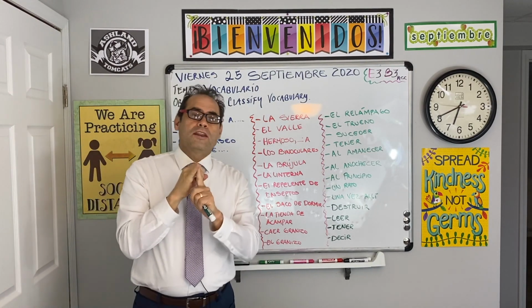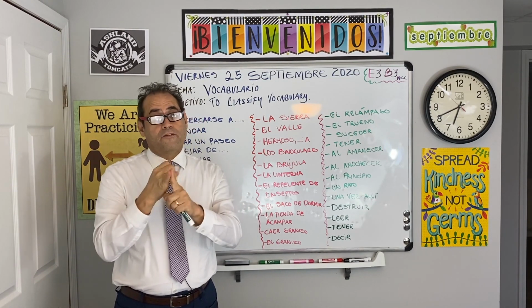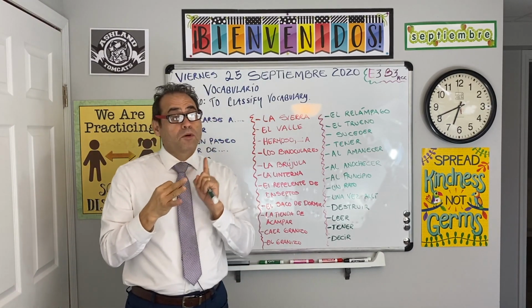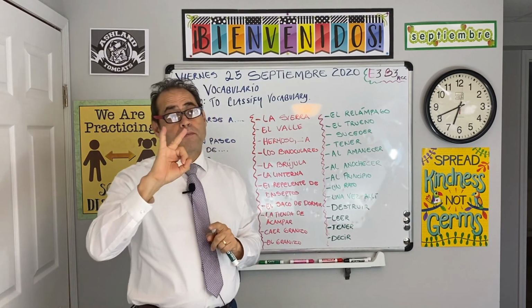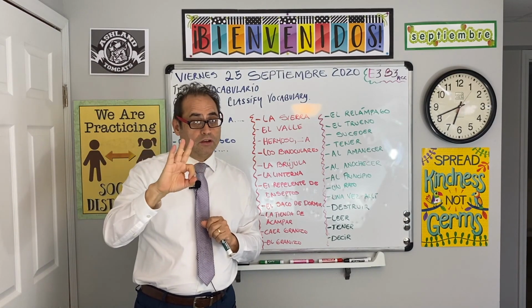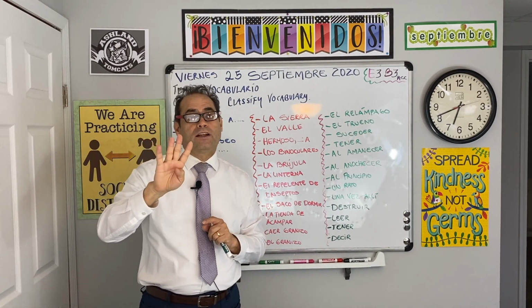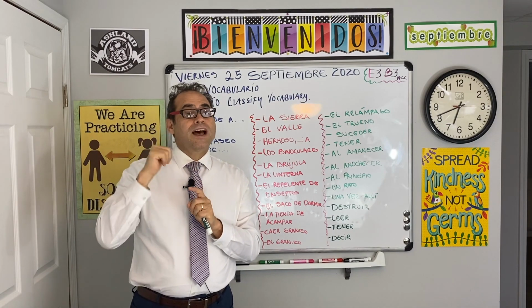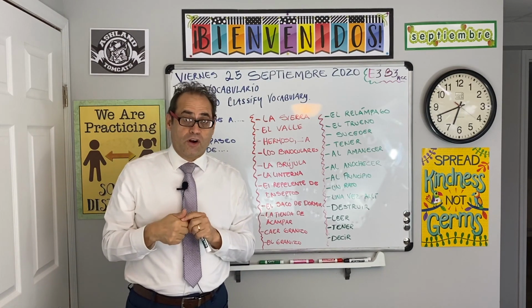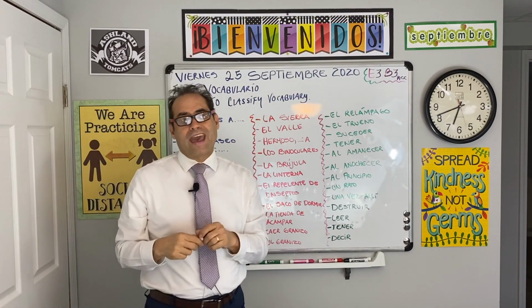First of all, you need to know the meaning, the definition of the word or the expression you are working on or you are learning. Definition. Second, you need to know the part of speech. If it is a noun, an adverb, an adjective, that is the part of speech. Third, you need to look for the synonym or the antonym of the word. Then we go to a meaningful sentence. You have to write a meaningful sentence with the word so you can put it in context. And the last one is to make an illustration or just to create a mental image of the word. So those five tips can help you to memorize and to store the vocabulary in your brain.